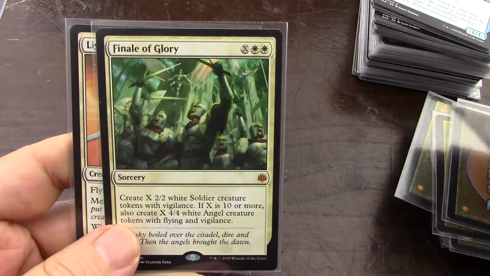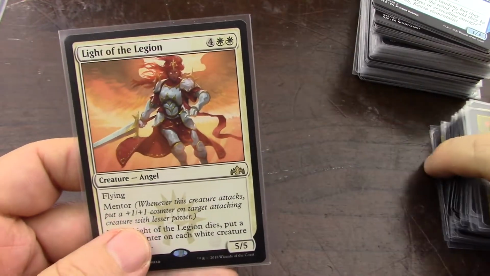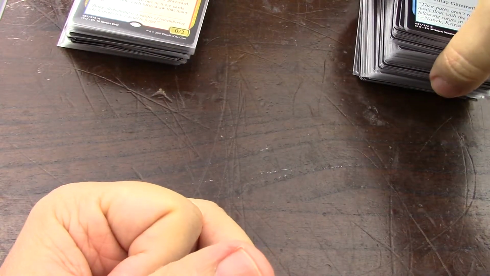Big angels also if they fly. Creating a bunch of tokens is great, always great. So yeah, so that's my white cards. Then if we go to blue,